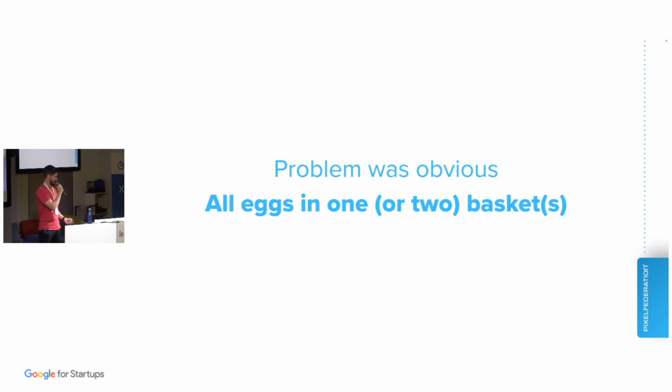But the problem, diversification problem again. So all eggs in one or two baskets was an issue, and we are paying the price now, when we can scale those two major networks, and we are only learning how to scale the other networks, DSPs and IronSources and Unities of this world. And it would be much easier, much better if we learned it when we were super profitable, not now when we are right at the break-even point.